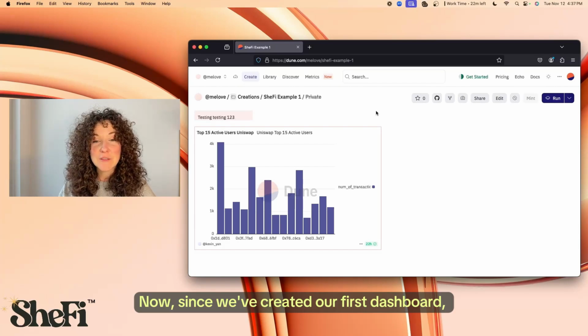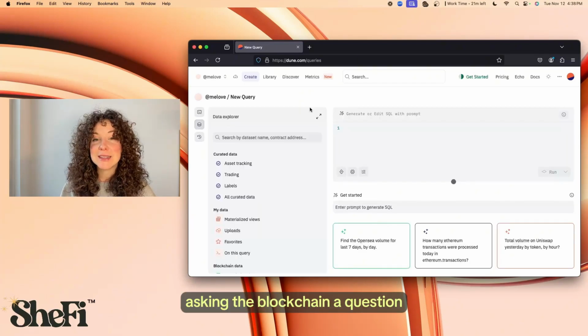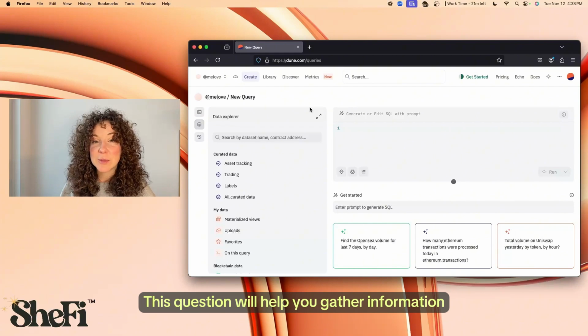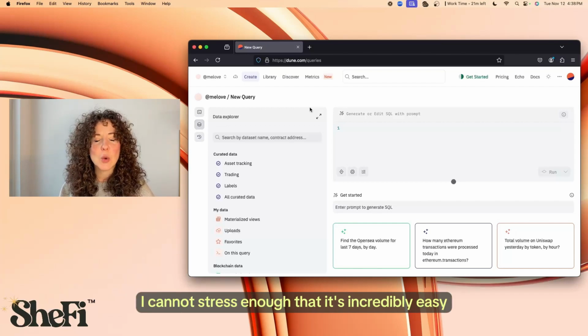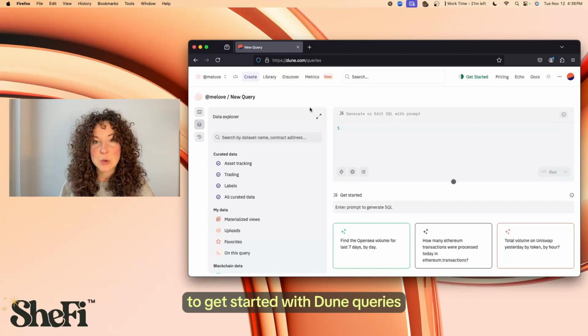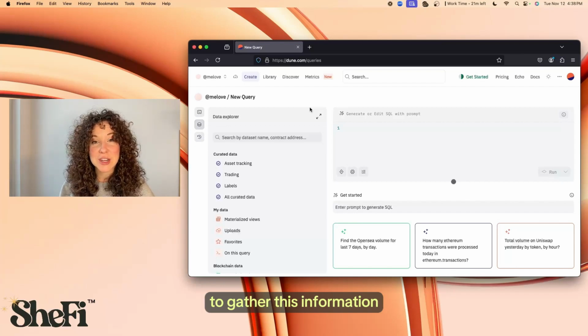Now, since we've created our first dashboard, let's create our first query. Querying just means asking the blockchain a question. This question will help you gather information and turn it into that visualization. I cannot stress enough that it's incredibly easy to get started with Dune queries. You do not have to know SQL, the language that the blockchain understands, to gather this information to complete your